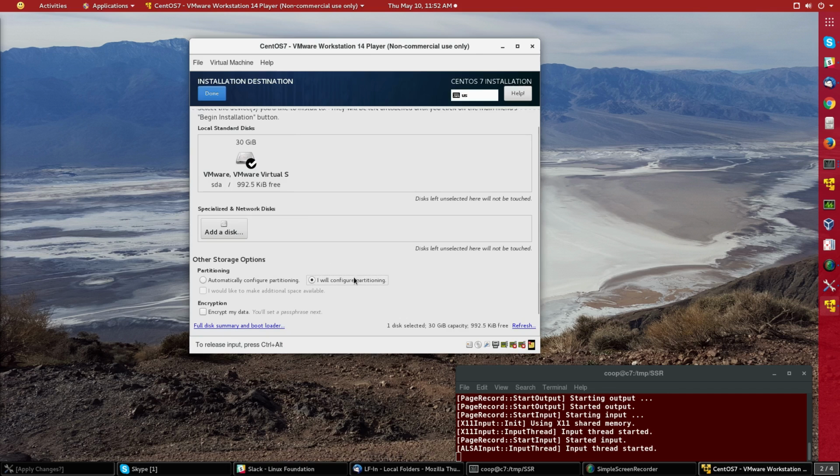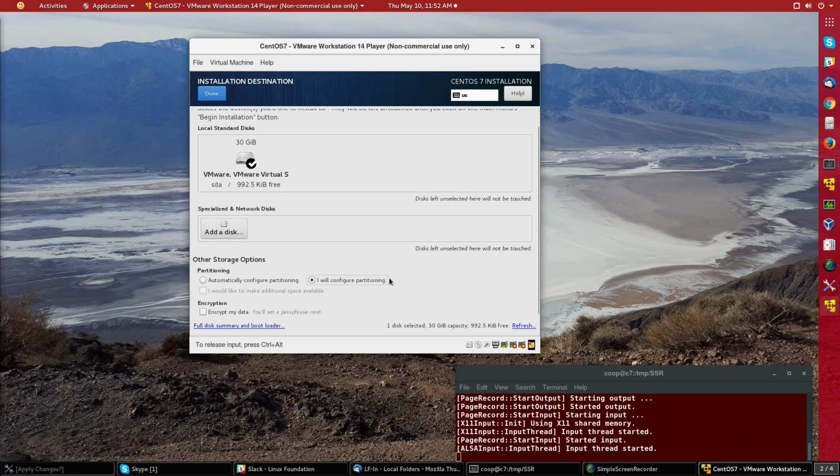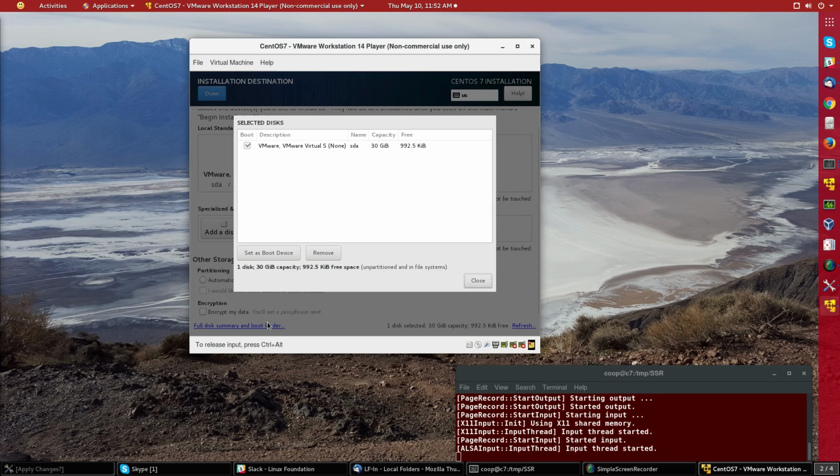So here I will say I will configure partitioning. I won't take the automatic choices, and then I have to click on here, full disk summary and bootloader. So I'll pick that, okay, and I'll say yes, so close. And then if I click on it again,